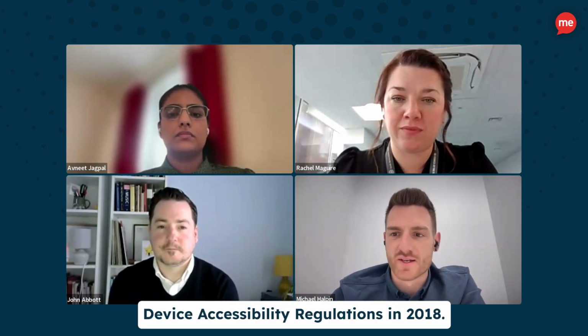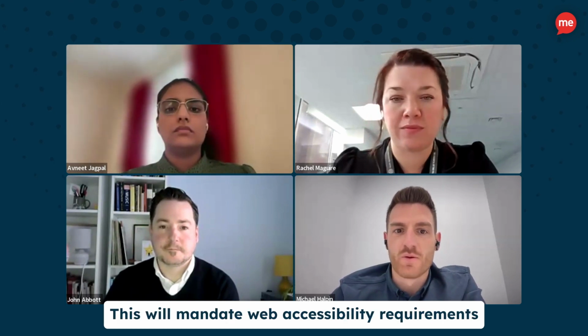So a little bit of a brief introduction before we hear from our panelists. In today's webinar, we're going to dive into the Public Sector Bodies Website and Mobile Application Accessibility Regulations 2018. This will mandate web accessibility requirements for public sector organisations. We will also explore the importance of offering an inclusive online experience that meets the diverse needs of your communities, including those who are neurodivergent, the elderly, or people who speak English as a second language. You will also learn some common accessibility issues on public sector websites, and more importantly, how to fix them to get you started straight away.